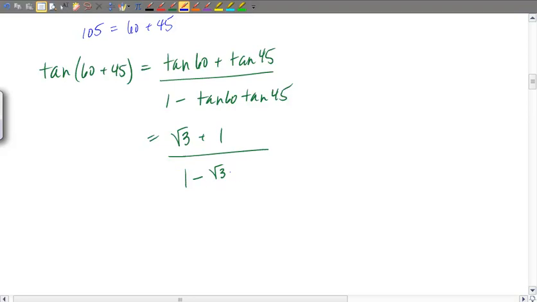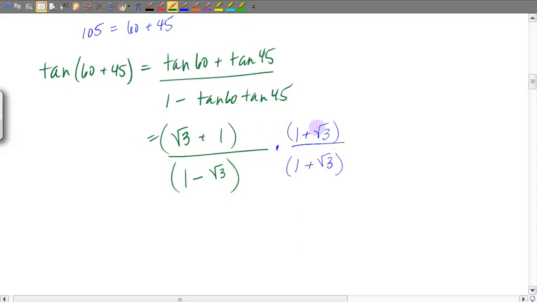In other words, I don't want radicals in my denominator. So maybe you remember, maybe you don't, but in order to do this, I'm going to multiply by what we called the conjugate. The conjugate of the denominator looks like the same thing, 1, only I'm going to use the opposite sign, so 1 plus the square root of 3. So I multiply top and bottom by 1 plus the square root of 3, and I'm going to FOIL that,